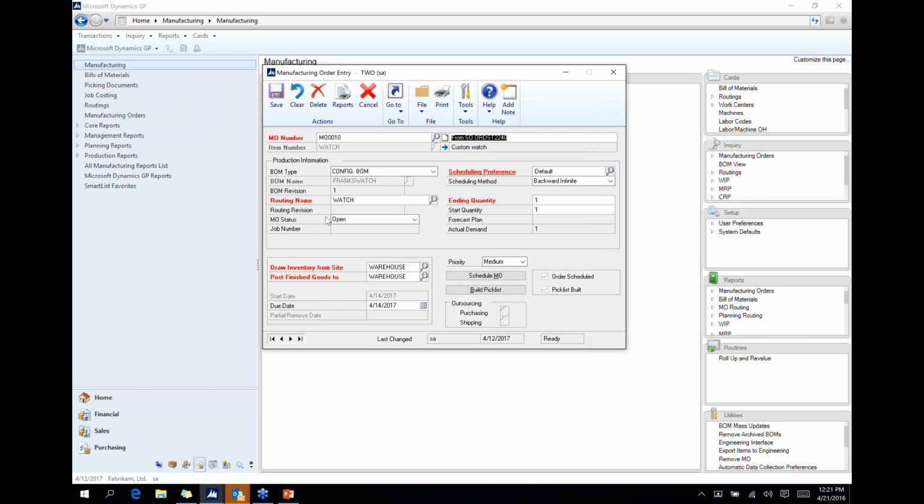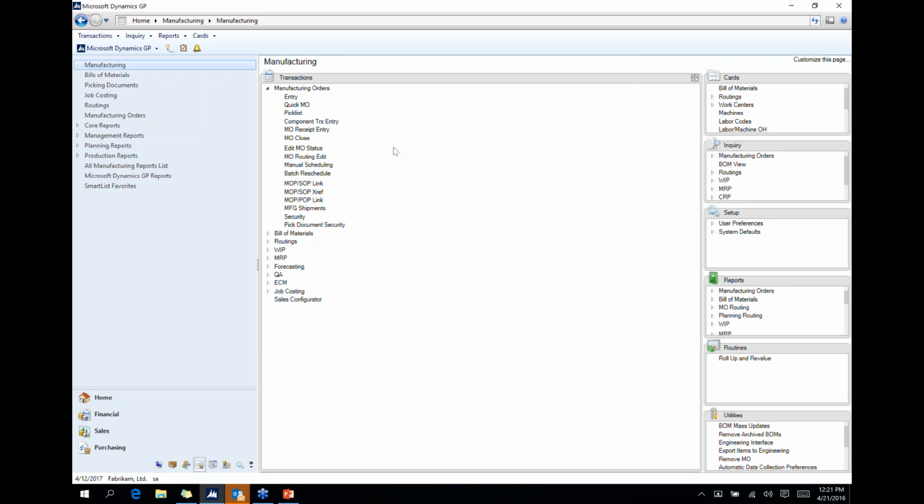Okay, first of all, it came in with an MO status of open. If you guys work in manufacturing at all, you know we have to release this before we can actually start making the item. Okay, and we know that the only step within our routing for the green phone is to actually make the watch, which I still find funny. Okay, now normally